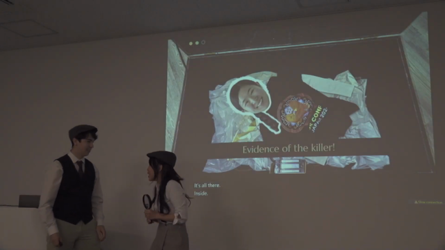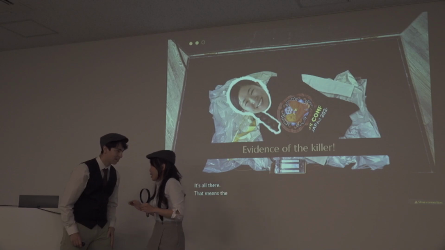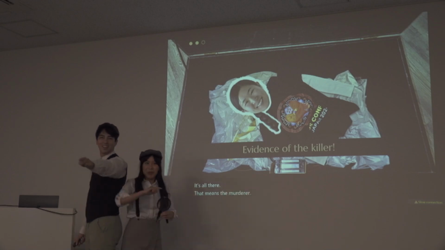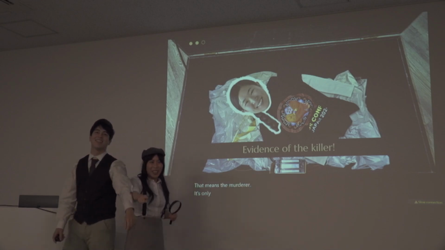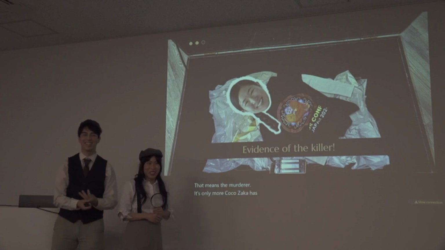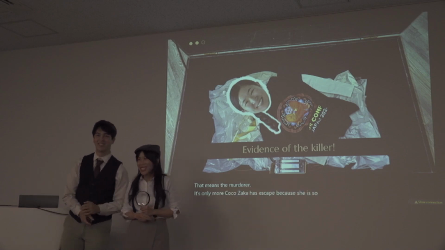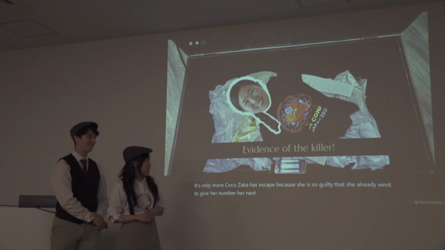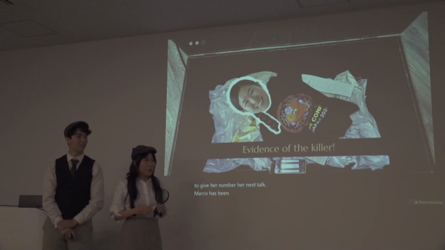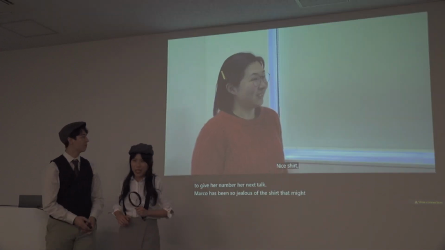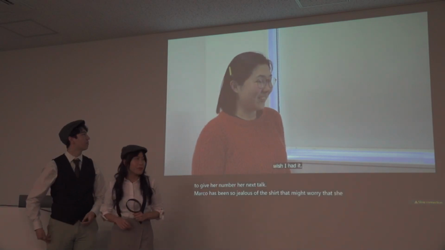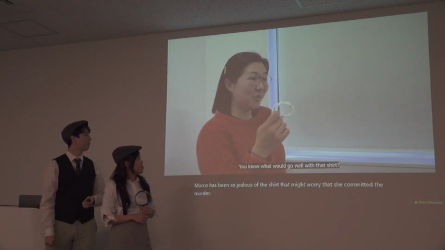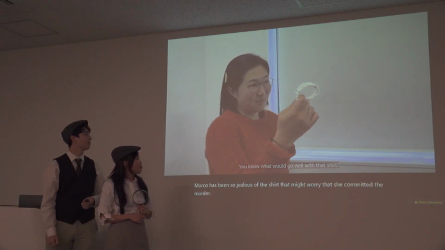That means the murderer, it's only Mariko Kozaka, who has escaped because she is so guilty that she already went to give her number to her next talk. Mariko has been so jealous of the shirt that Mai is wearing that she committed the murder. I had it. You know what would go well with the shirt? It's